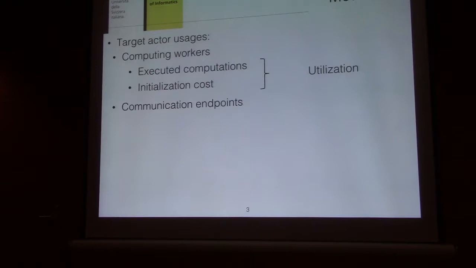When we refer to utilization, we essentially refer to such metrics. And in particular, for us, utilization is also a concise metric that can compare those two quantities. So our profiler tracks the utilization in terms of the ratio of the amount of executed computations to the cost of initializing actors. When implementing our profiler, we decided to track those metrics in terms of bytecode count, meaning that the profiler tracks the amount of bytecodes that are executed by actors in response to messages that they receive, and also the amount of bytecodes that are executed in the dynamic extent of the constructor of each actor.